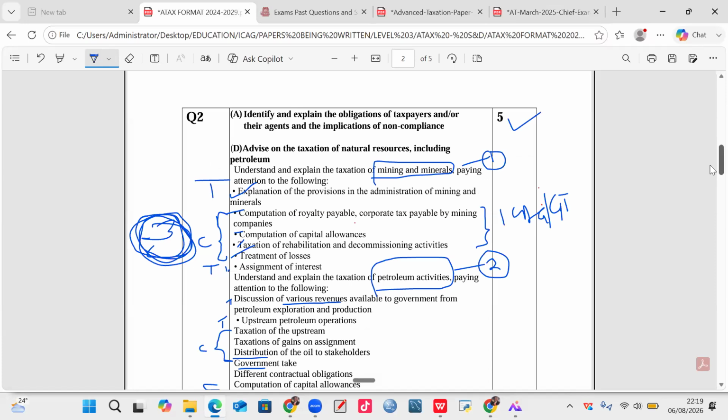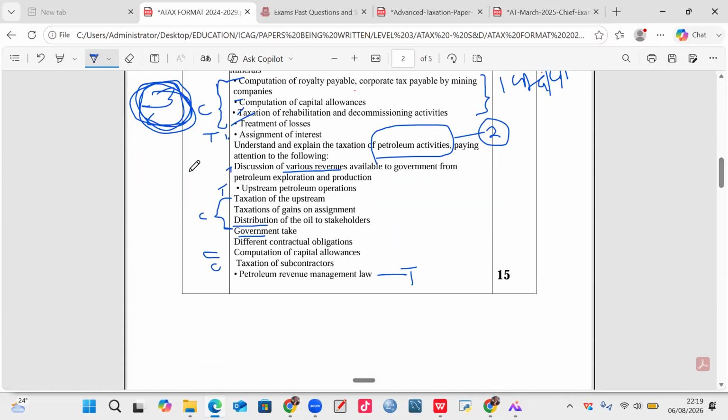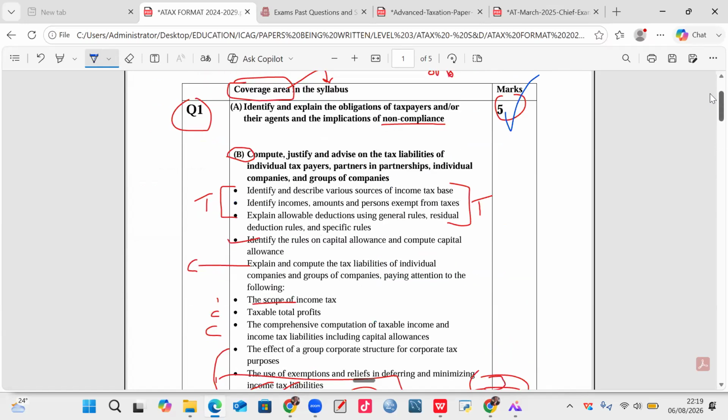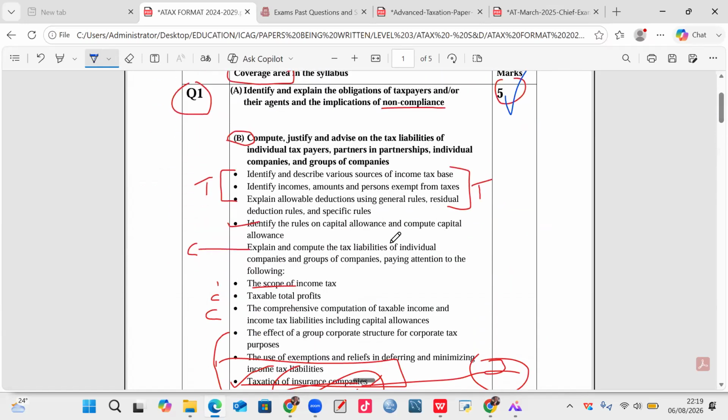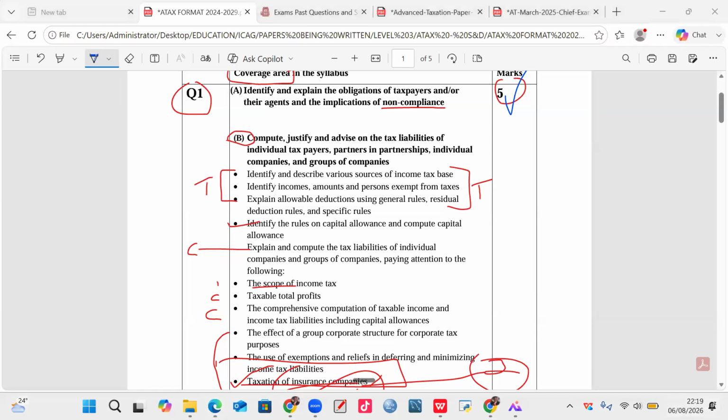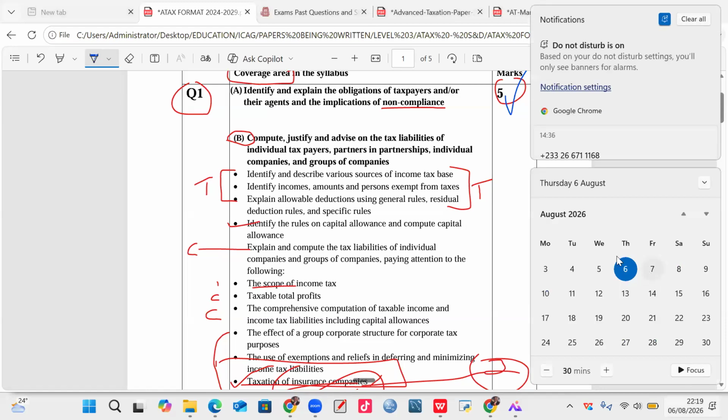So all the petroleum questions, the computations and the explanations and the theories, I'll pick the same computations and solve them again on my own. Theories, write them again on my own. That means I'm prepared, because this format is always in my head. Like I've discussed earlier, I start using the format mostly in October. Immediately we enter 1st October, I begin with the format, because that is where I begin to read the slides and lecture notes in accordance with the format.